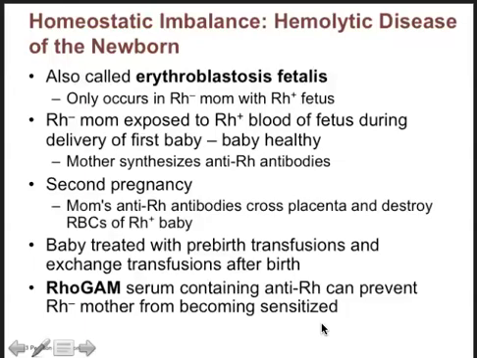Before this RhoGAM came about, what you used to have to do is go down to the courthouse and have a blood test. And essentially, if there was an Rh incompatibility between the husband and the wife, where the man was Rh positive and the woman was Rh negative, you had three choices. You could get married and not have children, you could get married and adopt, or you could not get married,